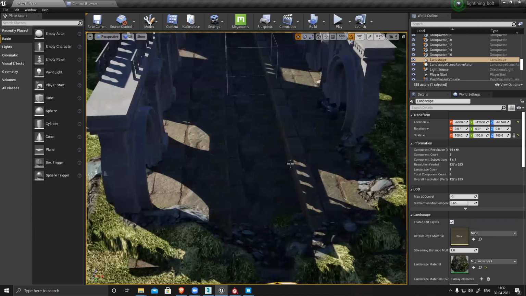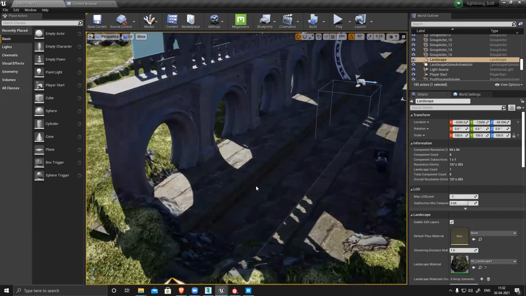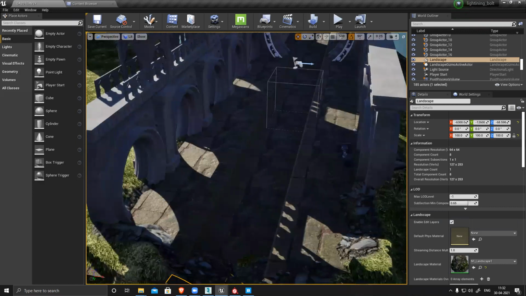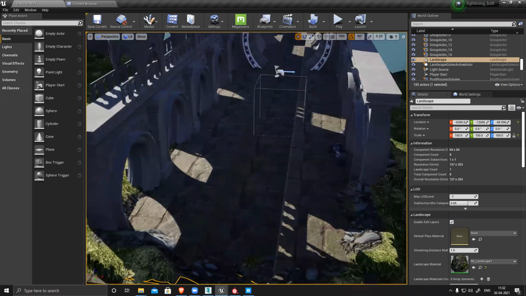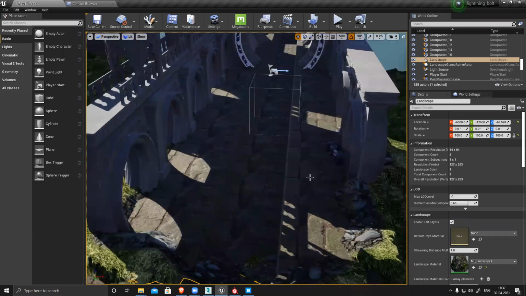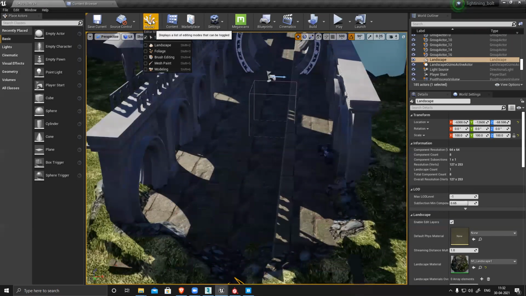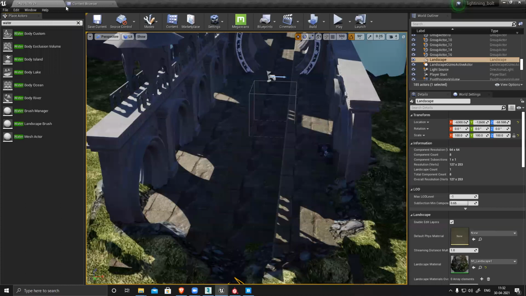But here I can see the tiling very clearly. Right, very clearly I can see the tiling. So to fix this, I can modify things. I can add a decal map, add something. There's a water body, right? So let's see. Yes, I have that water, river. Let's drag drop.